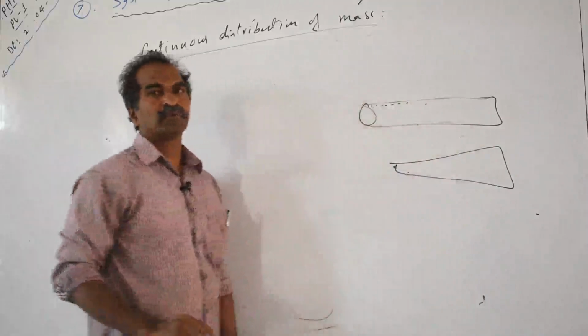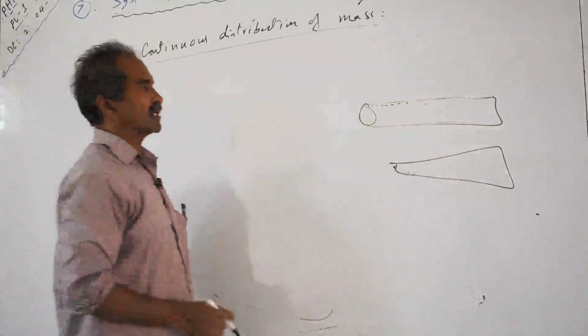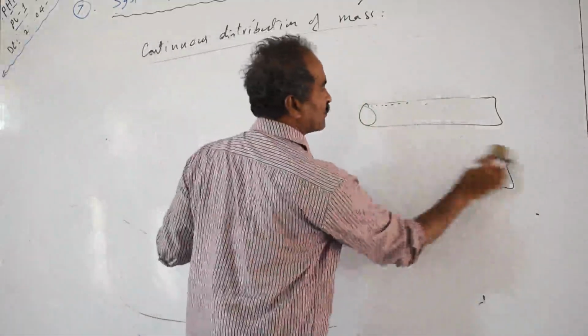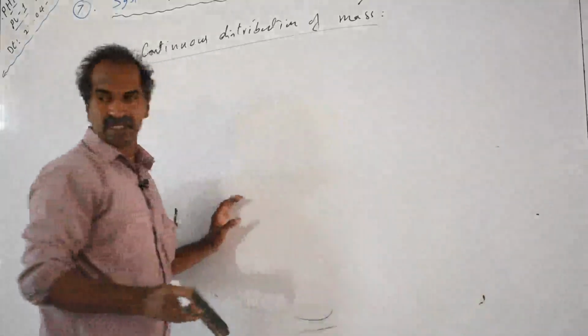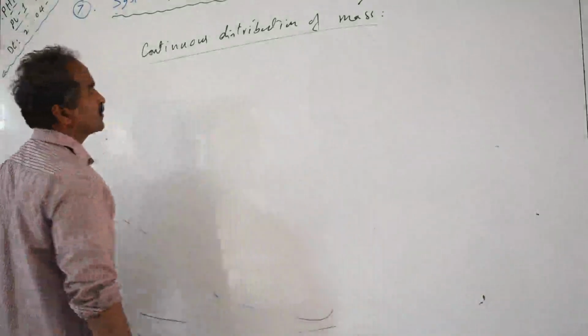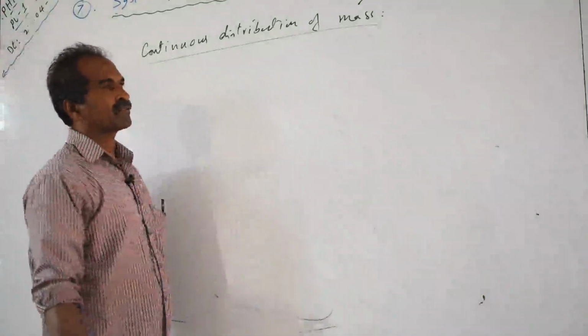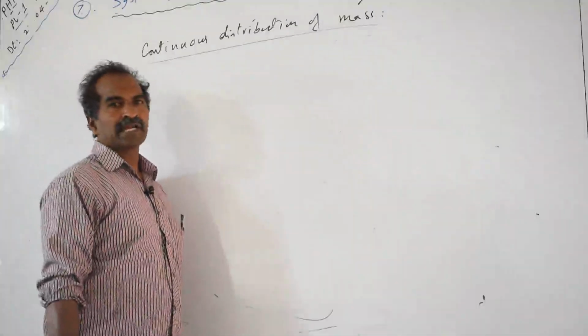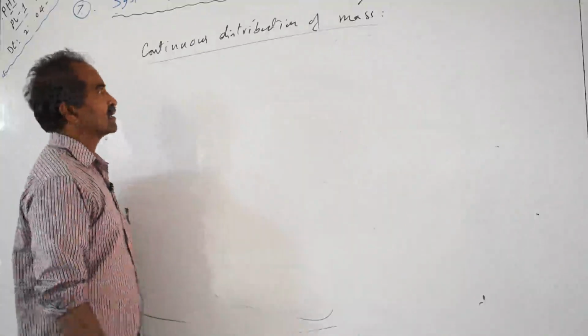In the case of the continuous distribution of mass, how do you find the center of mass? For that, applications are not there in your syllabus. We just need the formulas for this center of mass, but they are important for the competitive exams. For this, we have to take the linear distribution of the mass, linear density, areal density, and volume density of the particles.